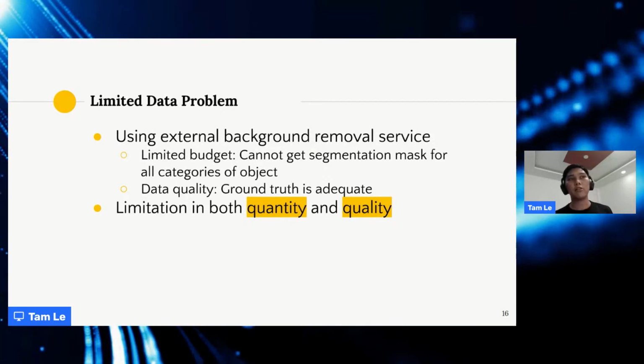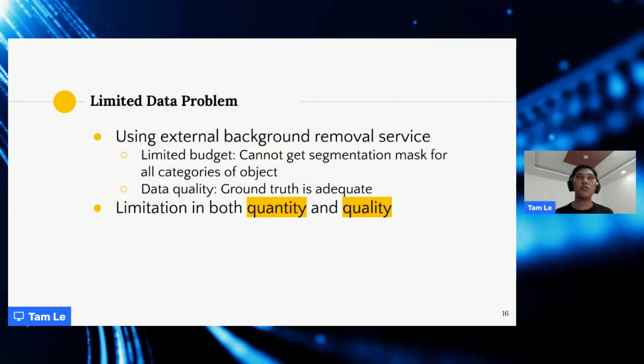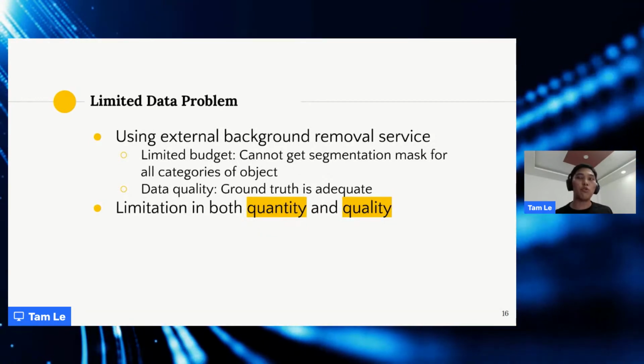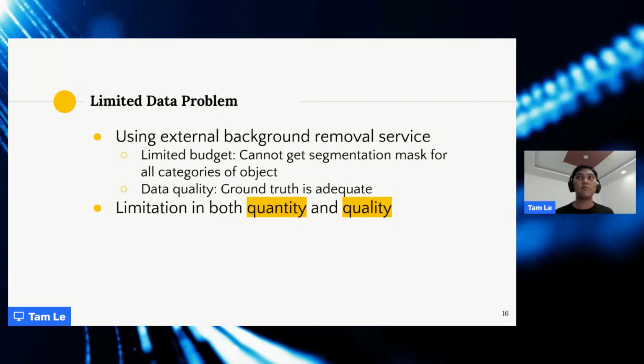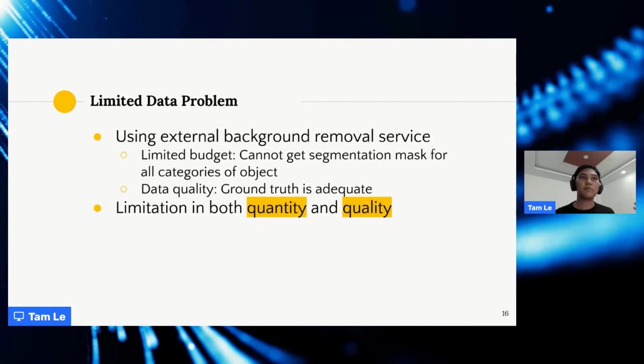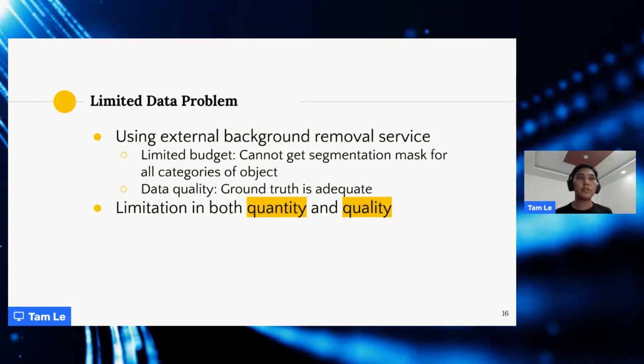So usually we cannot run it for all of our categories of objects. Sometimes you create a new toy, you want to add a new Pokemon in your app, and then you have to do all of this again. So usually you cannot do it for all your toys.